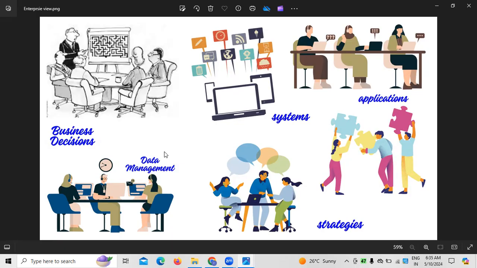And for these business decisions to be implemented, they require some strategies, because whatever business decision an organization has taken, either for short-term benefit or for long-term benefit, they are required to implement some strategies. To run these strategies or to maintain all these, they require some applications to be used within the organization. If you take the previous case study, for example, a cloud-based point of sale system or something,